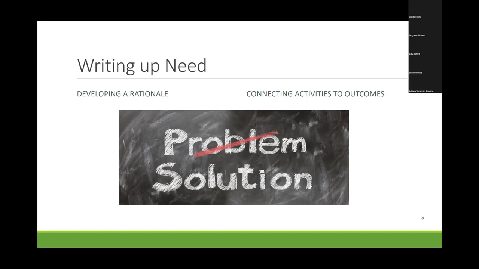So I'll remind folks about developing a rationale. I'm going to raise 6 points of data that you might want to bring to bear. Some will be more appropriate for funders of one type than another, but in general, I think it's important to rethink what your rationale is on a regular basis. And then the second piece that I'll cover when it comes to writing up need is a more general conversation about connecting activities to outcomes, and a little bit around logic models, and like I said, the Lucidchart feature.